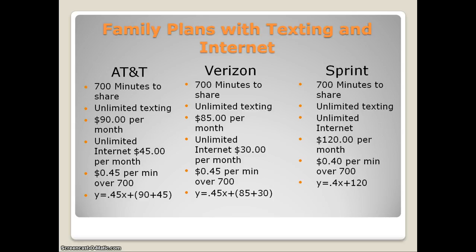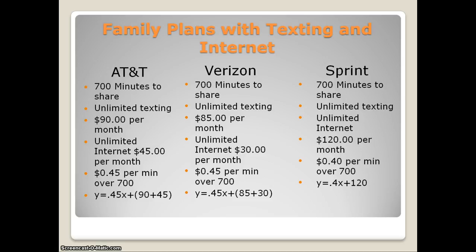Verizon is 700 minutes to share, unlimited texting, $85 per month, unlimited internet for an extra $30 per month, and 45 cents per minute over 700. So the linear equation for Verizon is y equals 0.45x plus 85 plus 30. The 0.45x comes from the per minute over 700, and the 85 plus 30 is your initial monthly charge plus